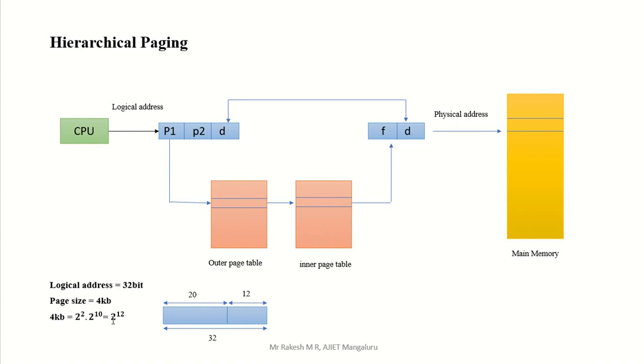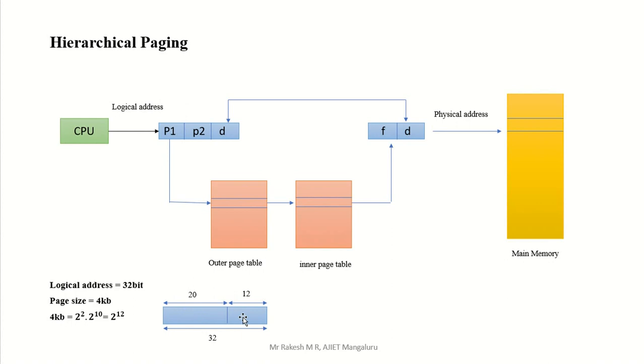Now see this number 12, that is your D. Again I will repeat, this 12 is the D size. So here we have D, 12 is your D. Then what is the remaining part? How to calculate that? Total is 32, you got 12, and 12 is the D size, right? How did you get 12? They gave the page size 4 KB, 2 to the power of 2 is 4, into 2 to the power of 10 is K, so totally 2 to the power of 12. So 12 is your D size.